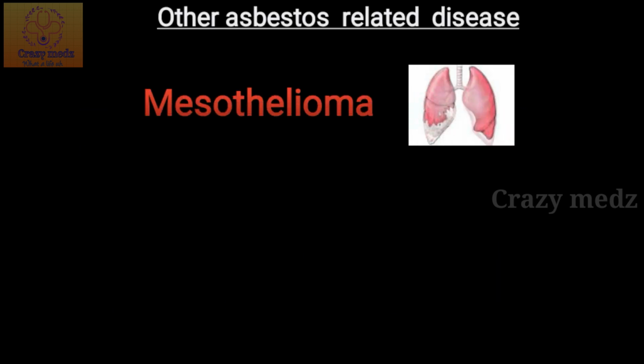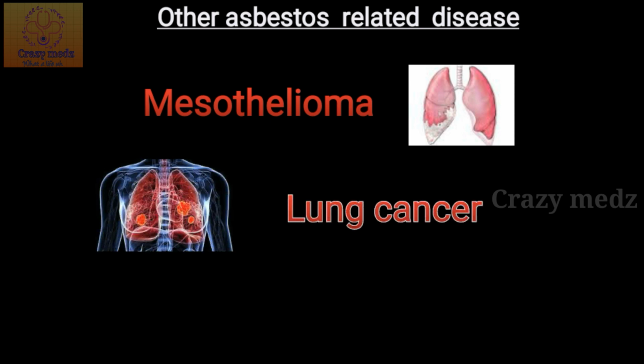Other asbestos-related diseases include malignant mesothelioma, which, although rare, has great importance in the past few decades because of the increased incidence among people with heavy exposure to asbestos. Mesothelioma is a diffuse lesion which arises from the visceral or the parietal pleura, and it spreads widely into the pleural surfaces. There is also increased risk of developing lung cancer,